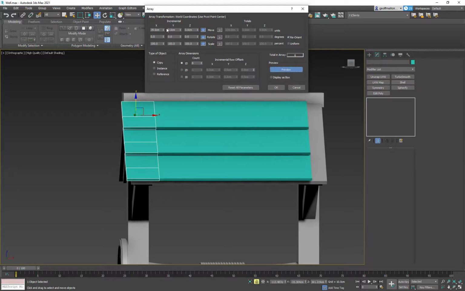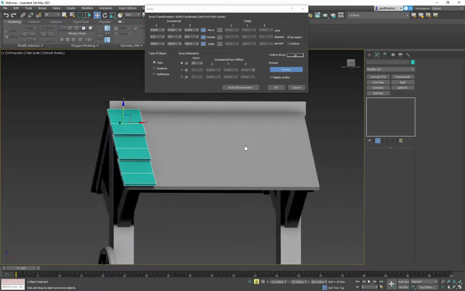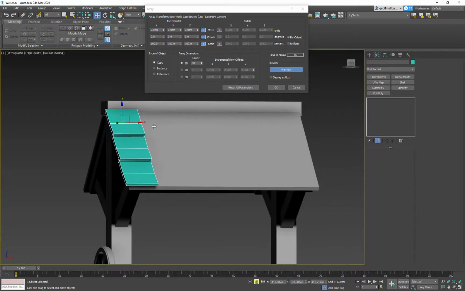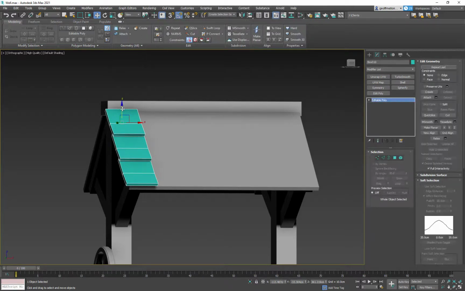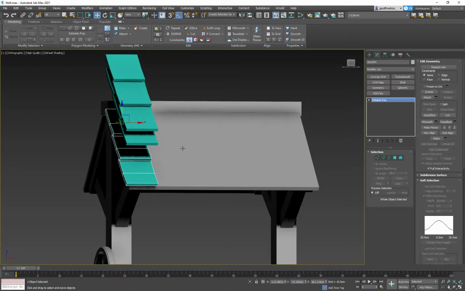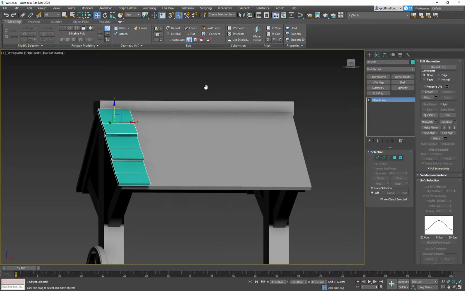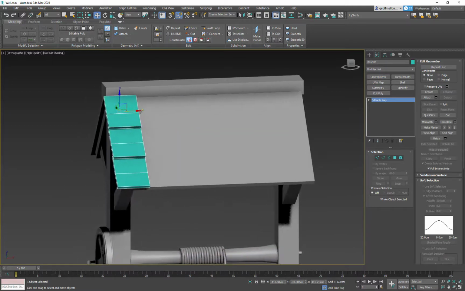And right now I already had it set up, so I'll say this will be 0. And if I say preview, and this actually was 10 by default, it doesn't look like it did anything. That's because it's only repeating themselves on top of each other. So if I say OK, I can click here and drag, and there's 10 copies of this thing standing right on top of each other. So that's really not what we want. So we're going to back out of that. Make sure I only have one left. Okay. Go back into Array,